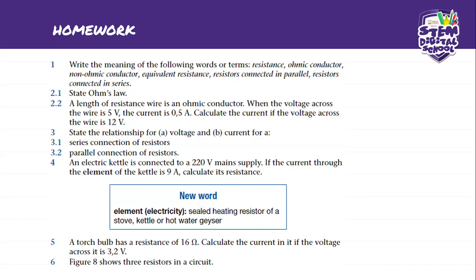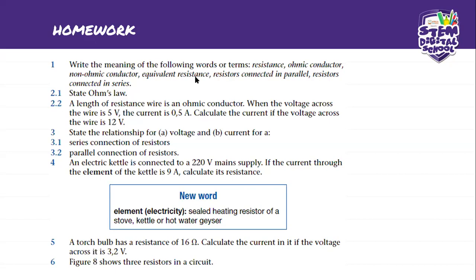The only thing that I can say is that resistance resists the flow of electrical charge, or it limits it, okay? And the ohmic conductor is a conductor that obeys Ohm's law and is at constant temperature. And a non-ohmic conductor is a conductor that does not obey Ohm's law and is not at a constant temperature. Equivalent resistance, we've already spoken about it. Equivalent resistance is a single resistance that represents the individual resistances that have been calculated